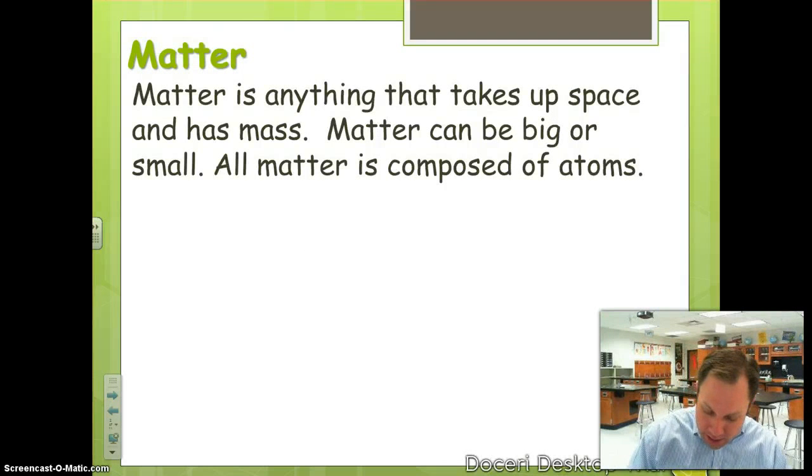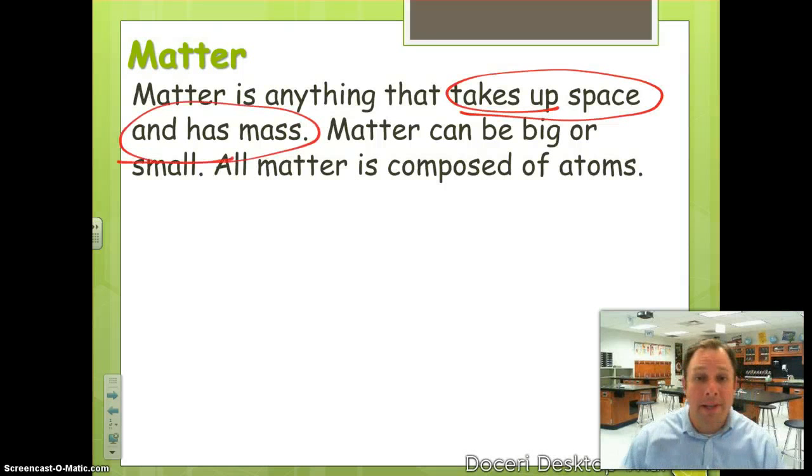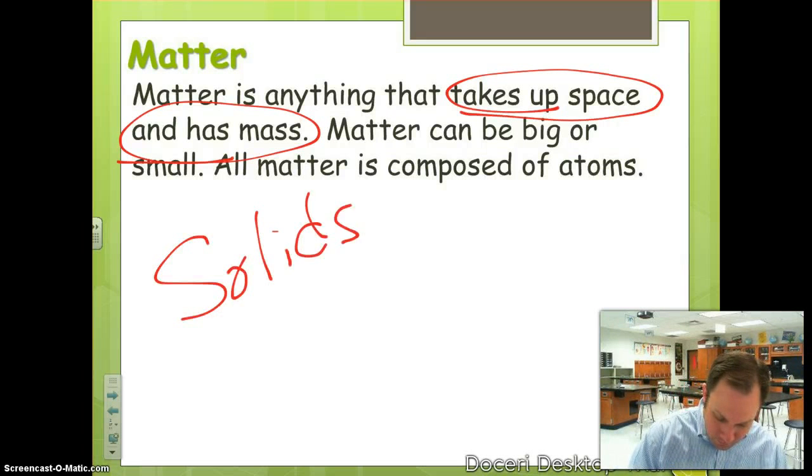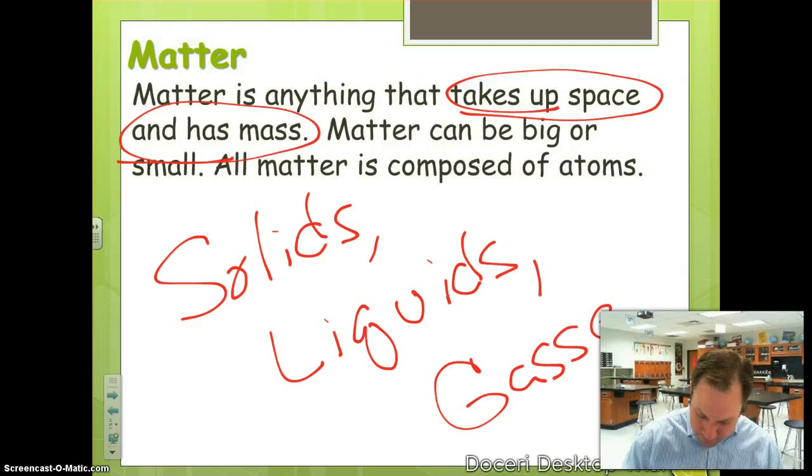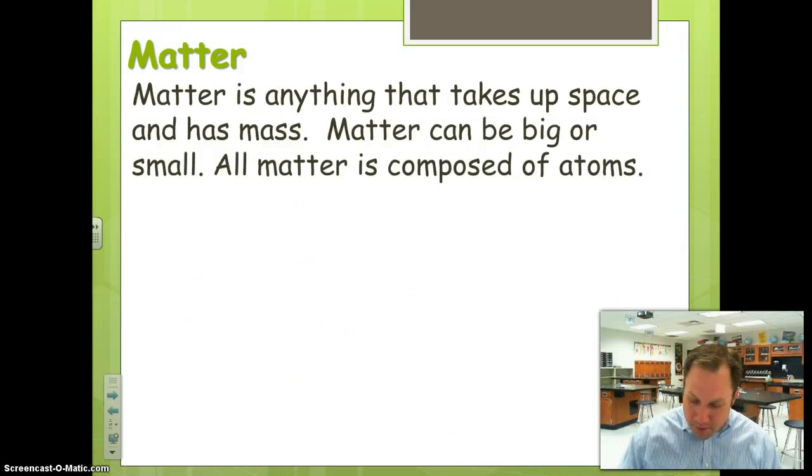Matter is anything that takes up space and also has mass, which is just about everything on the earth. It is solids, it is liquids, and it is gases. Those are all examples of matter. It's you, me, okay? It's your pen or your pencil. It's the air that you're walking through as you walk down the hallway. That is all examples of matter. All right, so matter